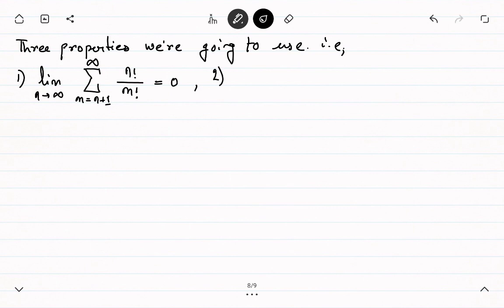Second is the same thing: the limit as n approaches infinity of the summation from n plus 1 up to n of n factorial by, so if I just multiply by 1 over n here, it turns into 1. And one more fact which is very important,